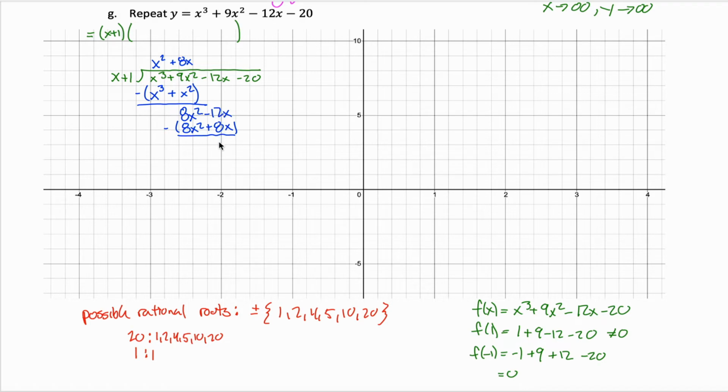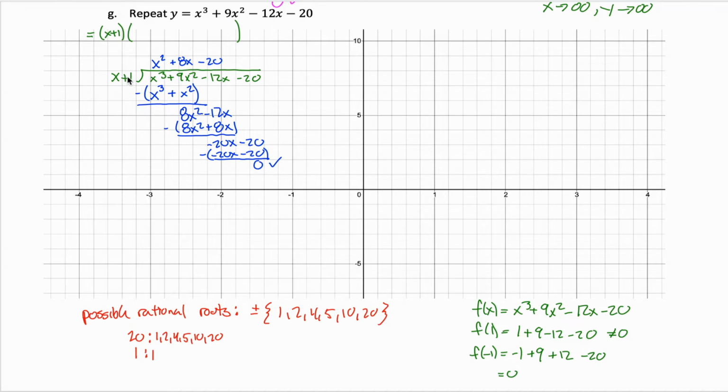It'd be really easy to call this negative 4x, but it's not, because you have negative 12 of these x's minus 8 more of these x's, so you have negative 20x after you do the subtraction. We then bring down the negative 20 and try to get rid of this negative 20x. To do so, you toss a negative 20 up top. Negative 20 times x plus 1 is negative 20x minus 20. I subtract, and sure enough, I end up with 0 remainder, what I was expecting to get,